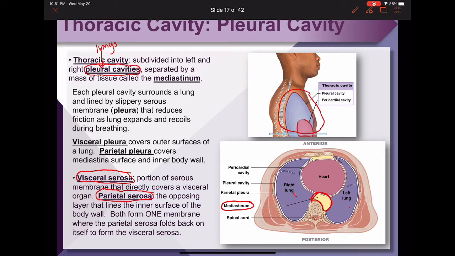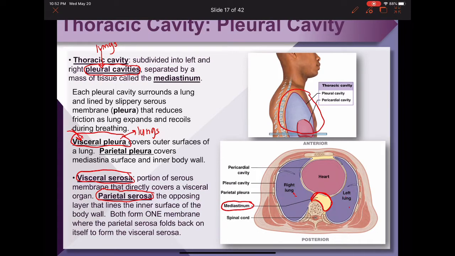And the outer layer of that Ziploc bag is called the parietal layer. So now if we're talking about a layer that surrounds the lungs, the layer that actually touches the lungs is referred to as the visceral pleura. Okay, pleura for what surrounds the lungs. Okay, visceral for saying that it is next to the organ itself. Okay. And then the layer that's on the outside of the lungs that's attached to your thoracic cavity wall